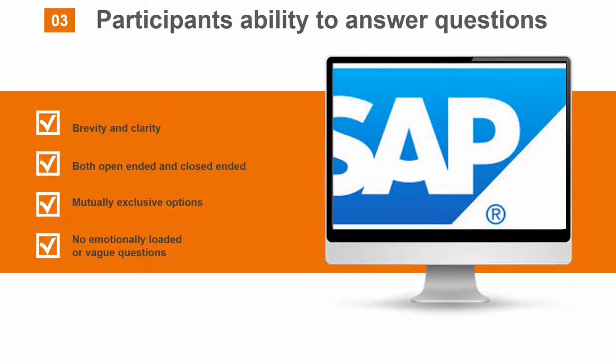So the next point is both open-ended and closed-ended questions. We've used both open-ended and closed-ended questions here, which gives the respondents the ability to answer the questions genuinely by just checking the option that applies or simply writing down their recommendations. All our questions here are mutually exclusive, so we have mutually exclusive options in our questions, which is also a